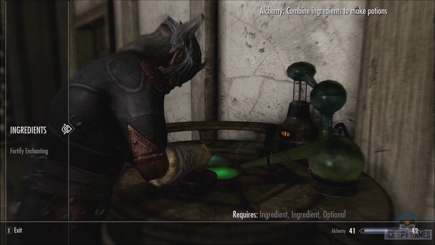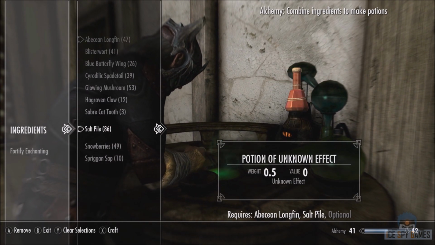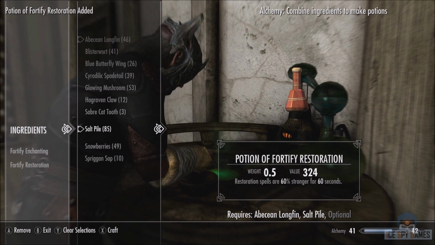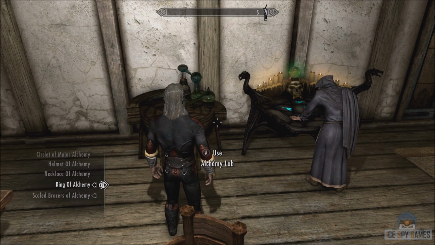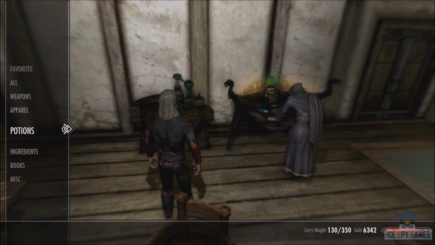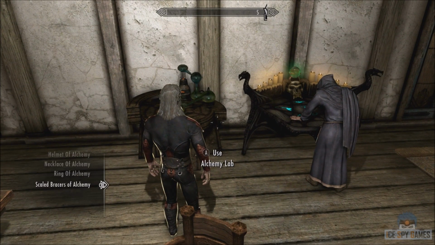So whilst wearing the gear, use 2 of the items from the Fortify Restoration spell. Any 2. Don't use more than 2 though, because you're just wasting ingredients. So use 2 of them and make a potion. Once you've made the potion, take off the gear. After you take off the gear, you can save. I think I save on the next run, but basically that's what you do. Drink the potion, put the gear back on,